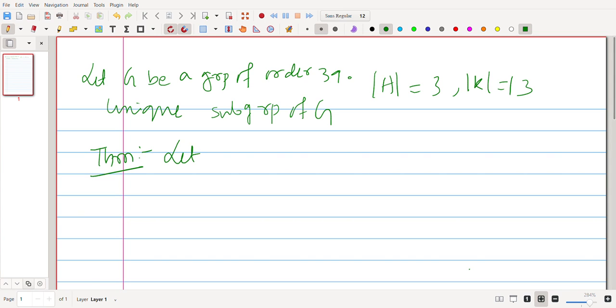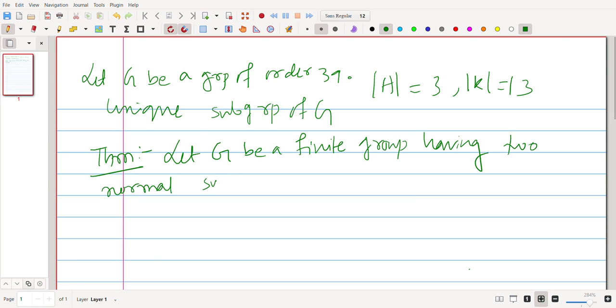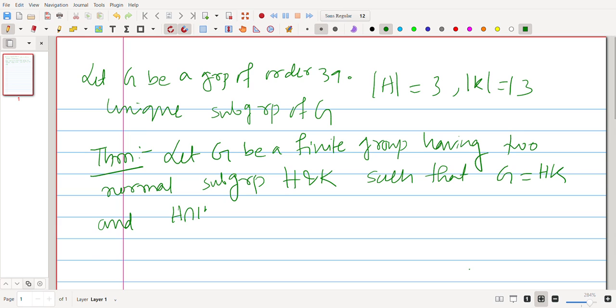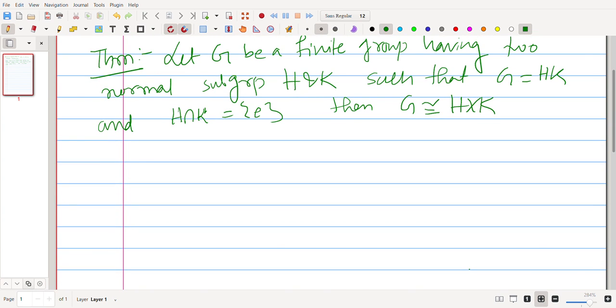Let G be a finite group having two normal subgroups H and K such that G equals HK and H intersection K is the identity, then G is isomorphic to H cross K. So here